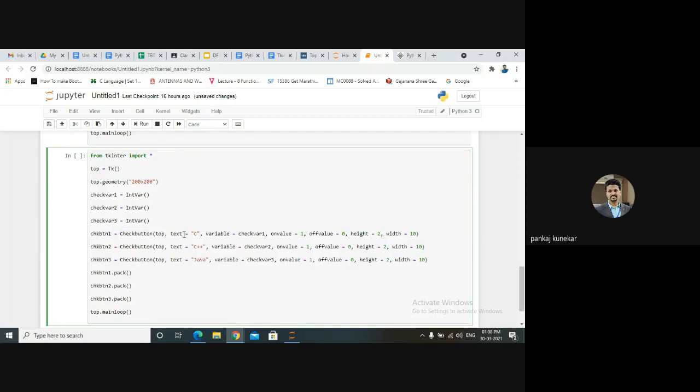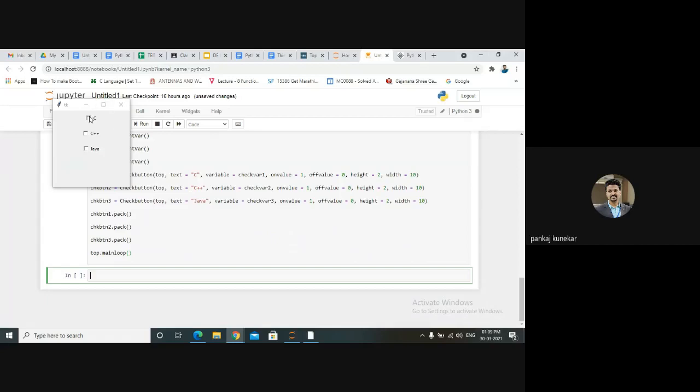They have respective text: C, C++, and Java. We need to add the variables also. If you want to display something, the on value and off value will be 0, 1, 2, 3 by default, and width we can set. Then we will add those check buttons onto your window using pack, and then mainloop will be defined.